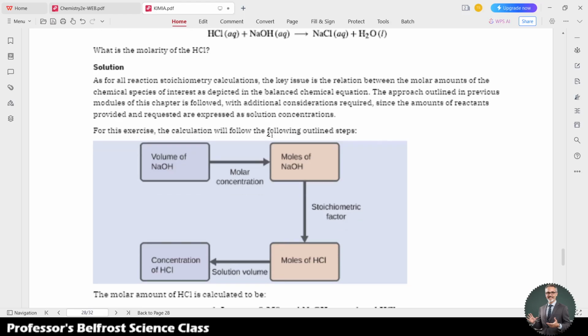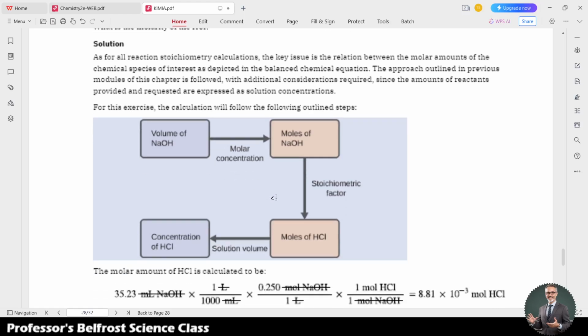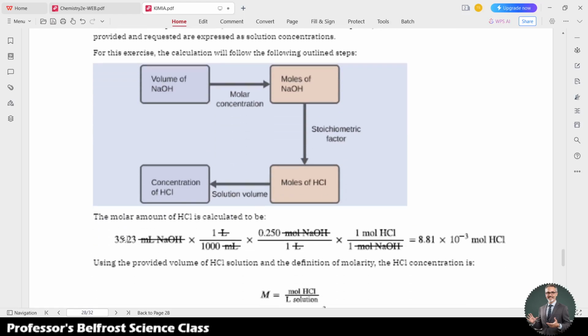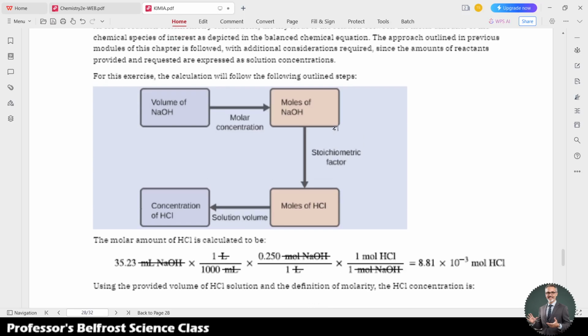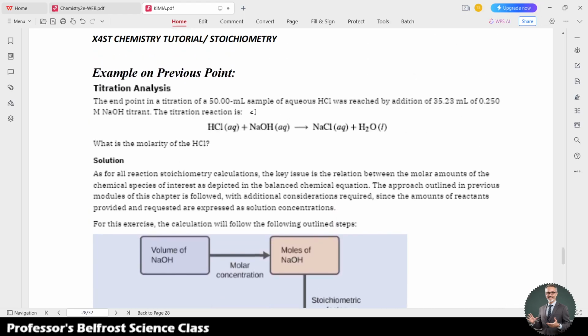So let's follow this way. From the volume of sodium hydroxide, and since we know the molar concentration, I can find the moles of the sodium hydroxide like this. Okay, and then we convert it with the stoichiometric reaction, which is